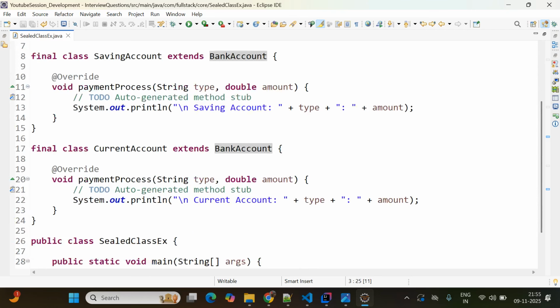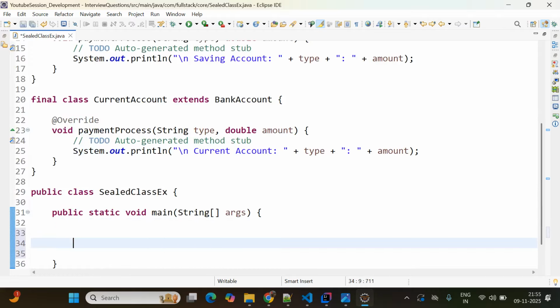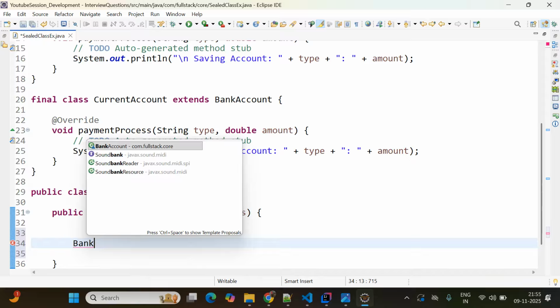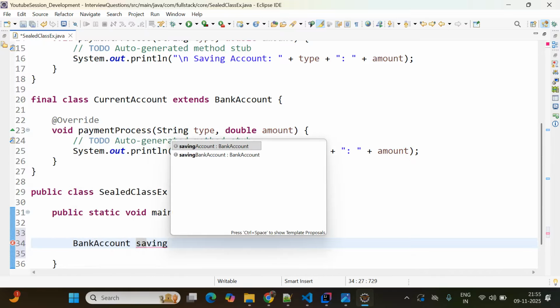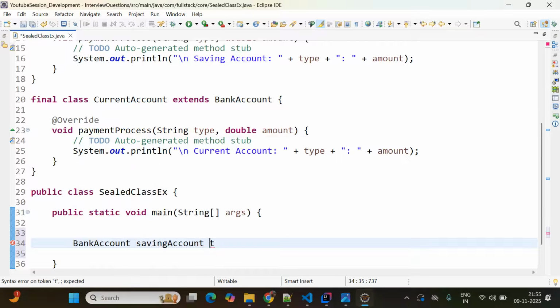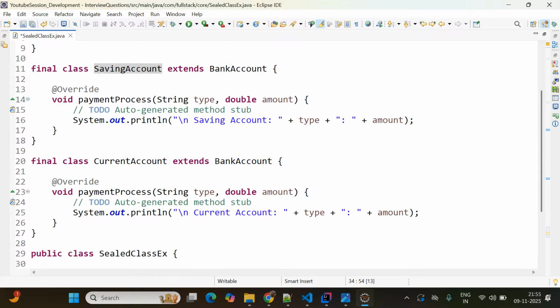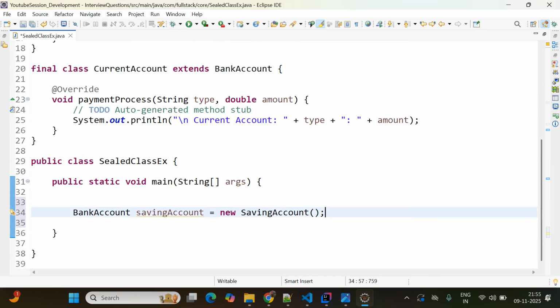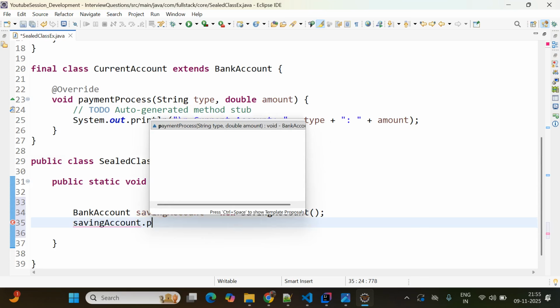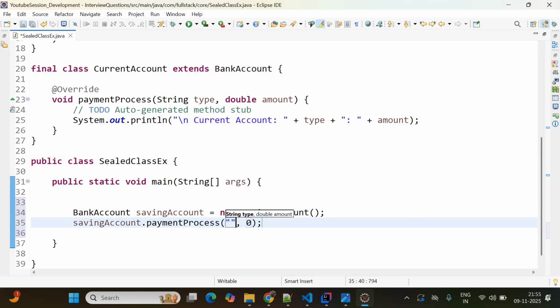Yes. Now coming to the main class, main method, and here I am creating the object of SavingAccount first. For that, I am giving the object here, SavingAccount equal to new BankAccount. Sorry, here we are giving new SavingAccount, not BankAccount, because SavingAccount is our child class, right? Because the child extends the properties from the parent, it means BankAccount. Then I am going to call savingAccount dot our method name, paymentProcess. Then type of payment I am passing here IMPS, and this is the amount I am passing here